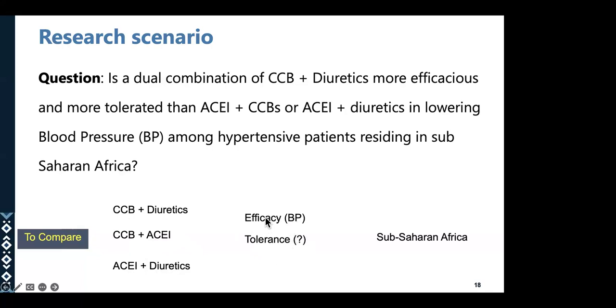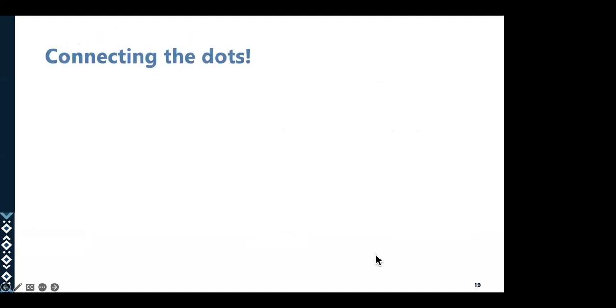But anyway, the key variable here that is most precise is the changes in blood pressure. And the context here is, of course, sub-Saharan Africa. So that's how you have to think when you are writing your research objectives,